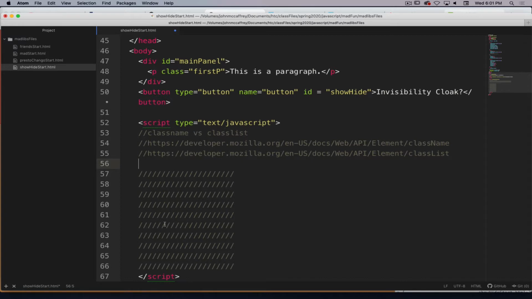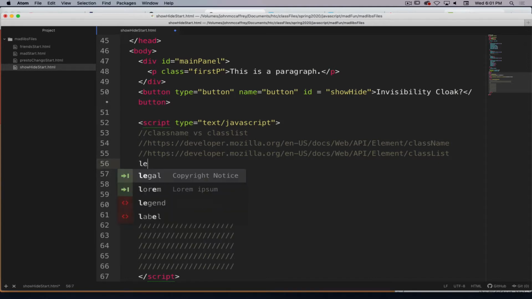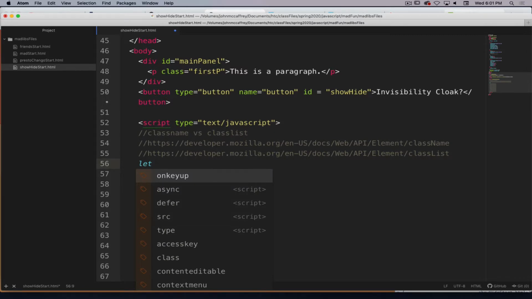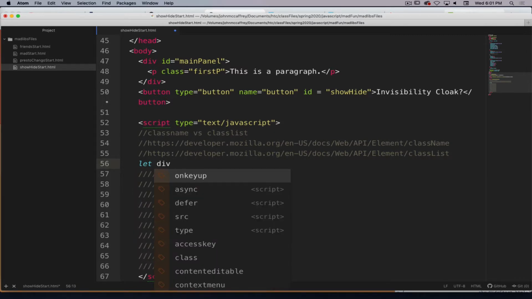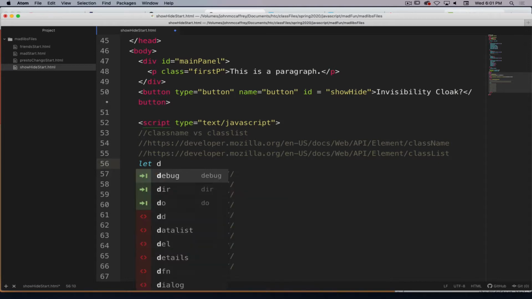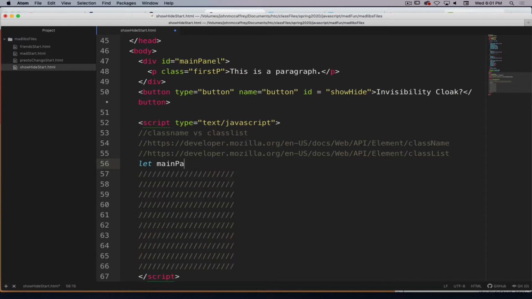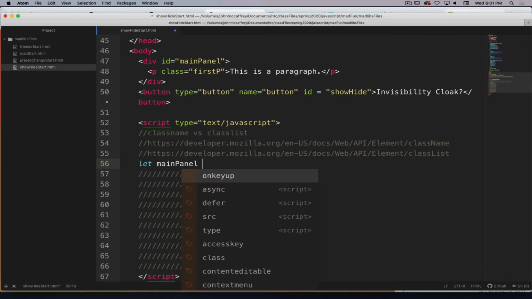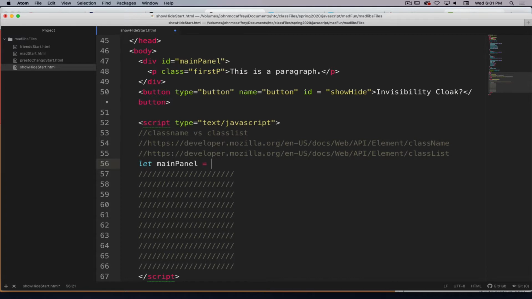So the first thing that we want to do is create a variable reference to this panel on screen. So I can use let. And now the name I use for my variable, I have lots of options. If I have multiple elements on screen, I may want to use the name that I have up here, because I'm going to access this through its ID. So I will say let mainPanel be equal to